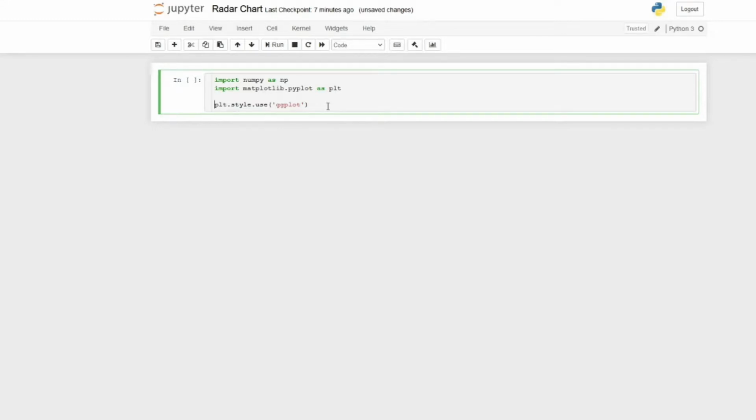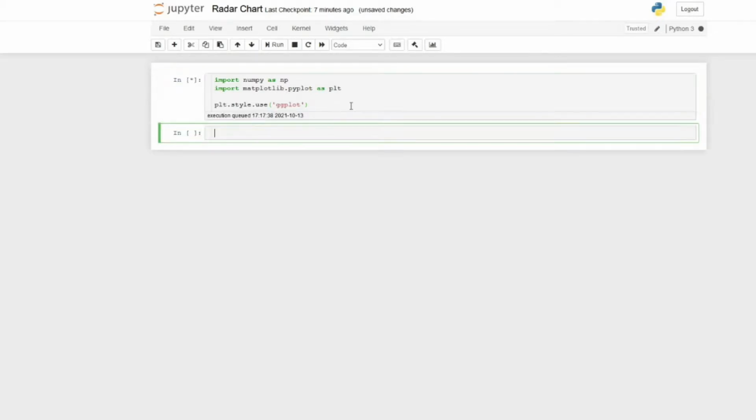Instead you can just go with the default plot style, or you can go for seaborn dark grid. Those things you can explore, there are several styles which can be used. Okay, so now we have imported the libraries.